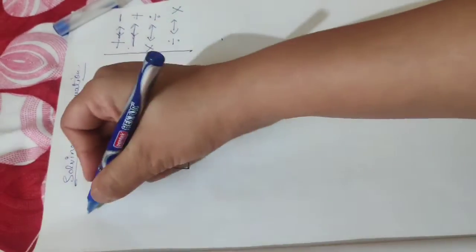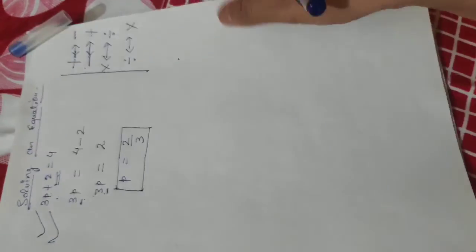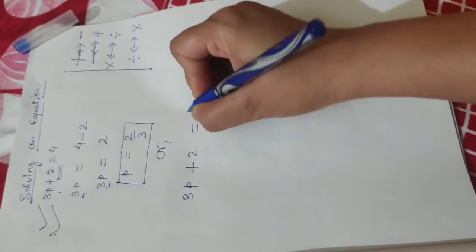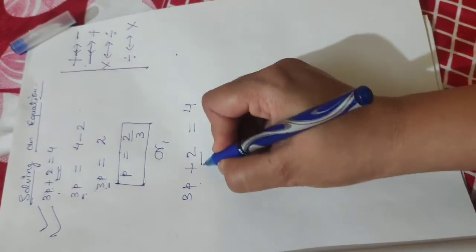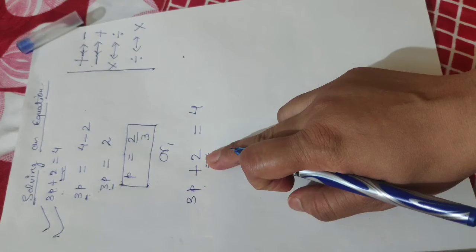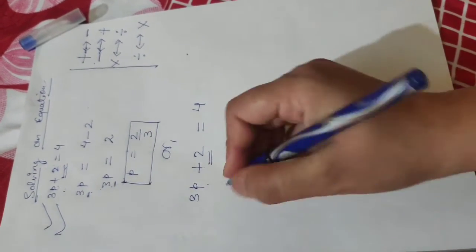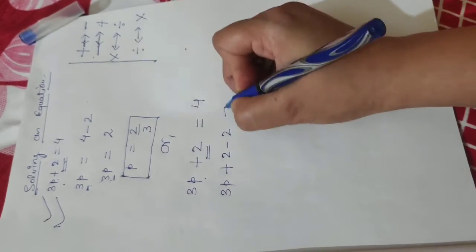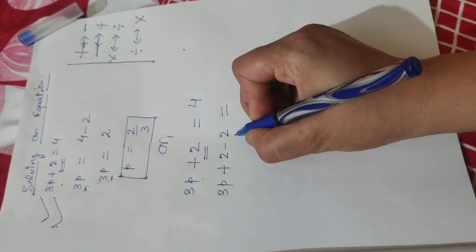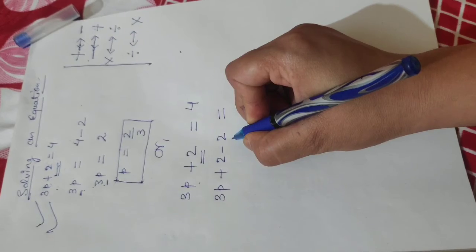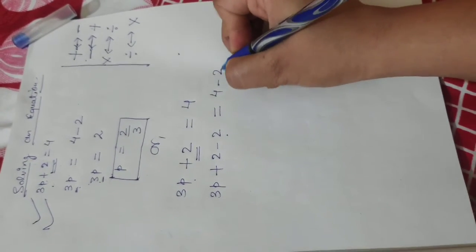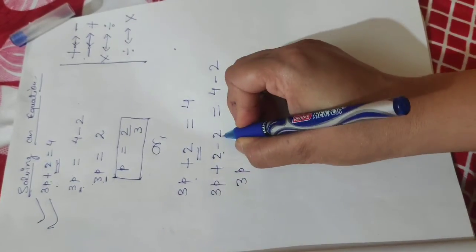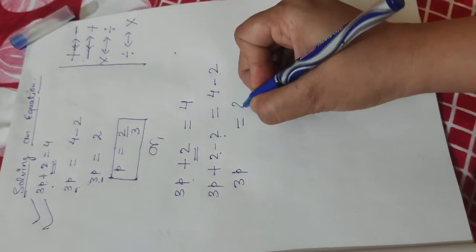Fine. You can understand this process in another way also. Suppose we are going to find the value of p. So first of all we want to remove this 2. So who can remove it? Minus 2. So we will write, on subtracting 2 from both the sides. Why on both sides are we subtracting? Because on one side alone we can't change the value. So to balance it we have to subtract from both the sides. So this 2 minus 2 will become 0 and then 4 minus 2 will become 2.